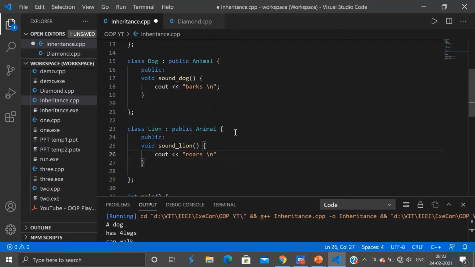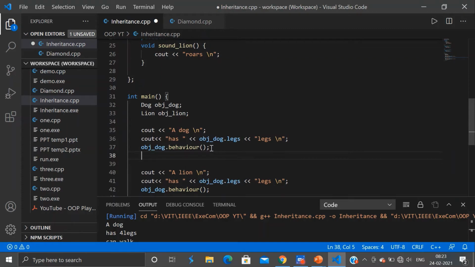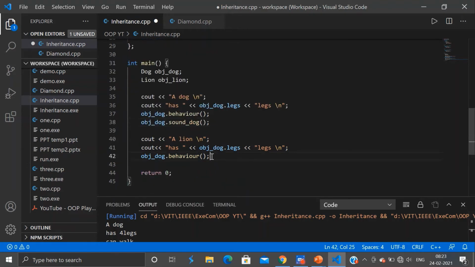Now, as we called the methods for our parent class, we can also individually call the method for our base classes. So to do that, I'll write the name of my object dot the method name. So it will be obj underscore dog dot sound dog, and the same for the lion class.